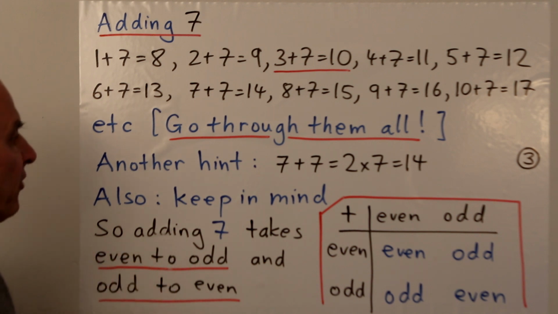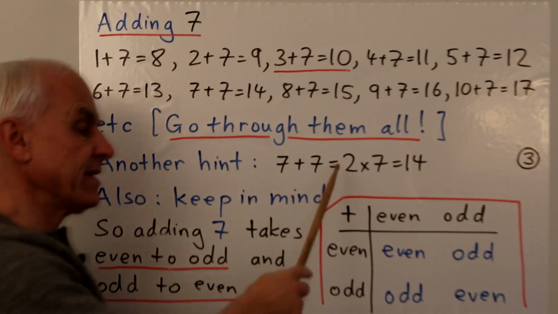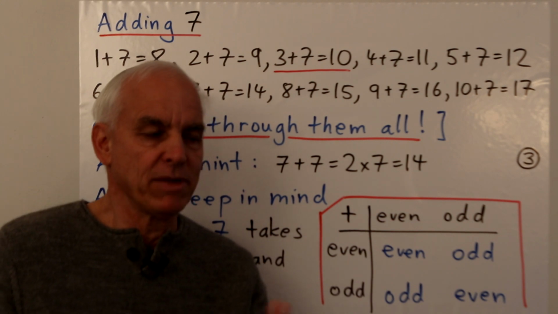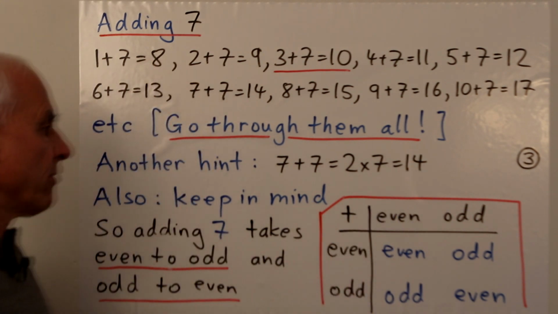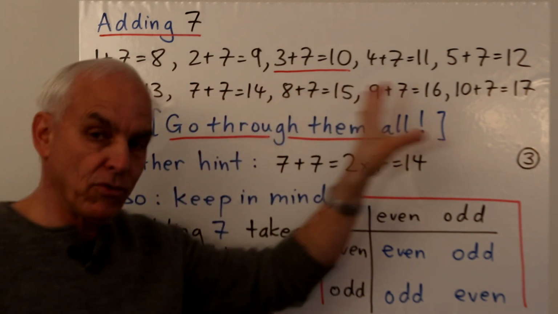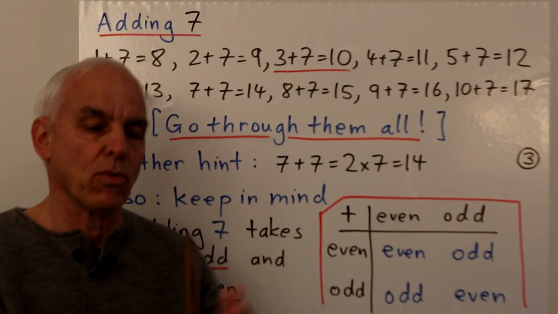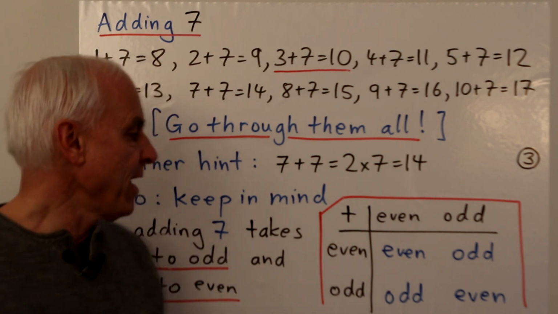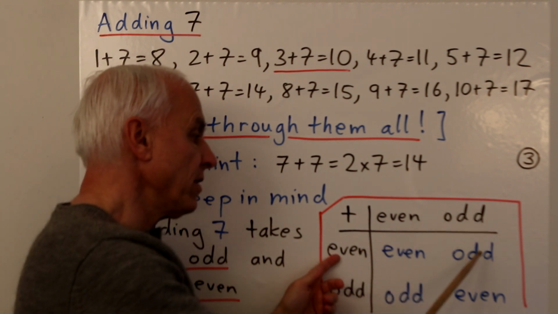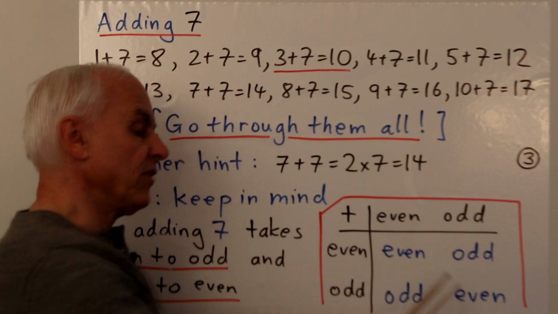Another little hint or observation to make is that when we're adding a number to itself, like 7 plus 7, that's really the same as multiplying it by 2. Okay, so that's something that people should be aware of. 7 plus 7, same as 2 times 7. They might remember that more easily. Another thing to keep in mind when you're working through all of these is this underlying rule about the way additions work with even and odd numbers. That an even number plus an even number is always even, while even plus odd is odd, or odd plus even is odd, same thing, while odd plus odd is even.